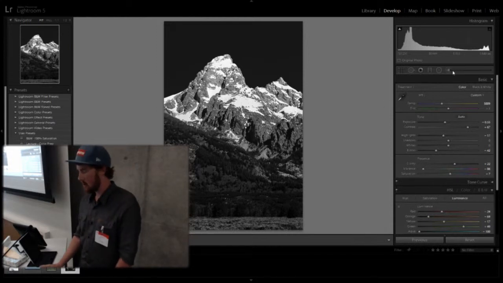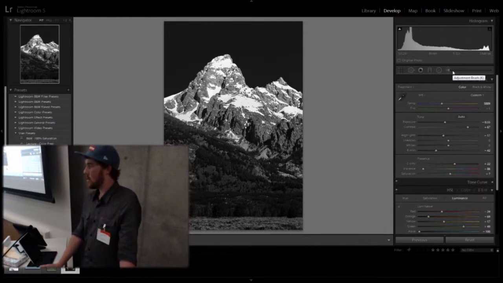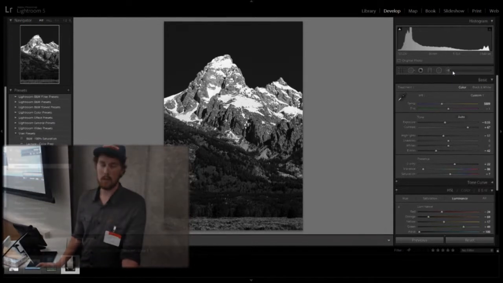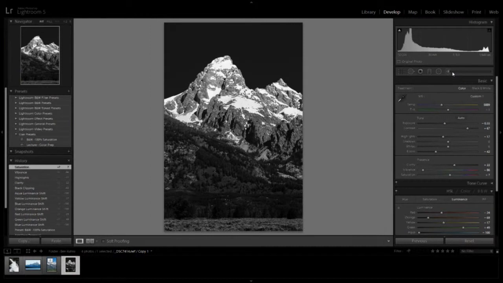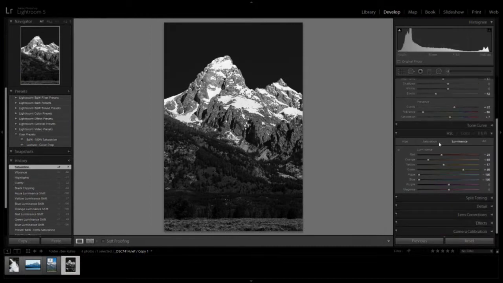Finally, because I have a color image, you just saw the adjustment brush. If you're doing some creative work, maybe you've all seen it, a black and white image with a splash of color somewhere. I have two ways to get to that look. You can either come back to my saturation palette. Remember, I reduced everything to 0. I can bring one back up selectively. So if I bring up blue, only the blue areas of my image regain saturation. I can do that for any of my major